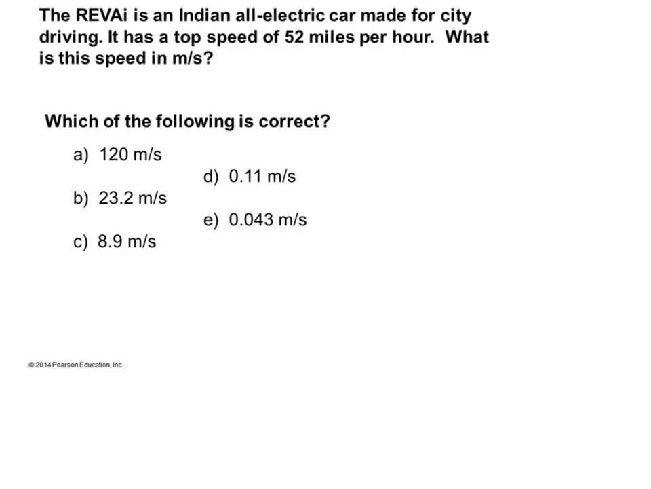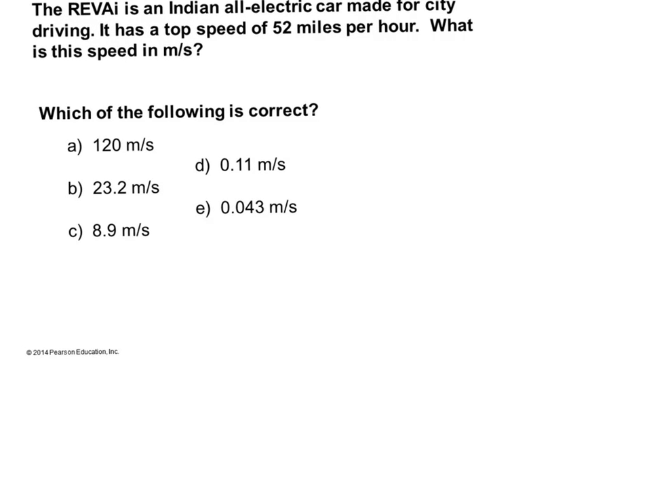An all-electric car is made for city driving, top speed of 52 miles per hour. What is the speed in meters per second? Awesome. Okay, first thing we're going to need to do is find some additional information to use here, unless somebody has meters to miles off the top of their head. Alright, I look in a table, I look on Google, and I find that 1 mile